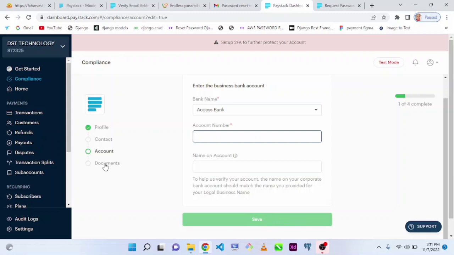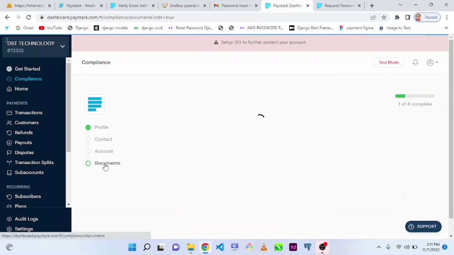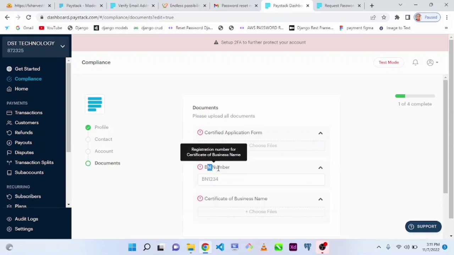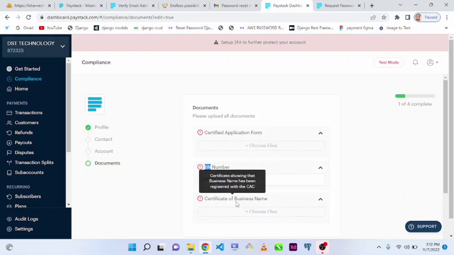Click on save, upload the document. This document section is where you upload the proof of your documents, where you upload your certificate, then your business name number. If you select company, you put the RC number, and you upload your CAC certificate right here. So the certificate of business name, upload it here. Any other certificate that comes from your business, upload it here. And then